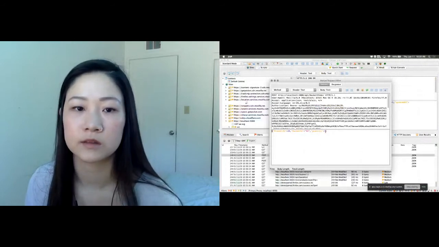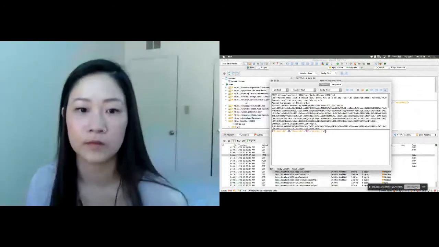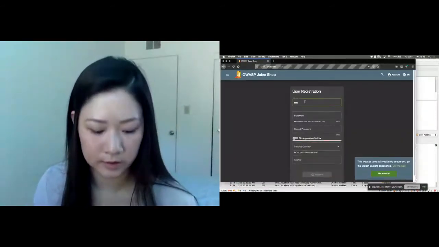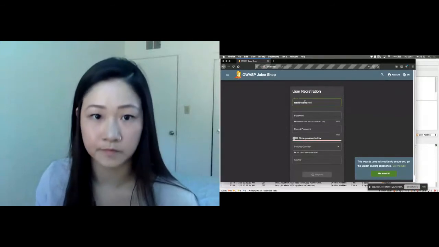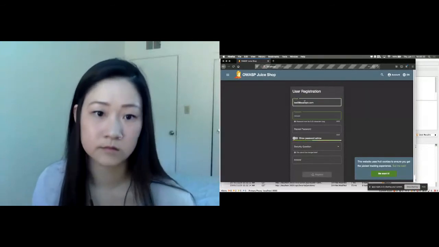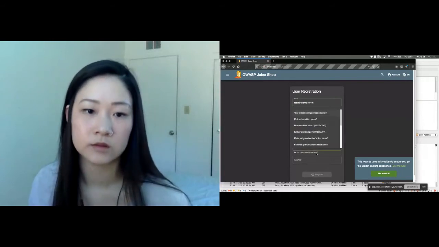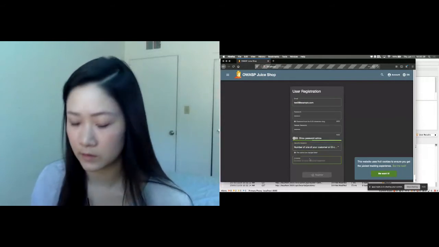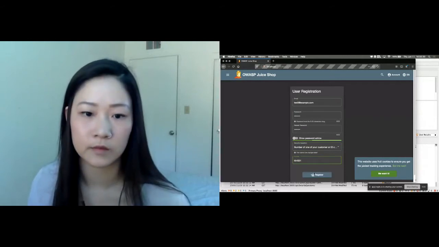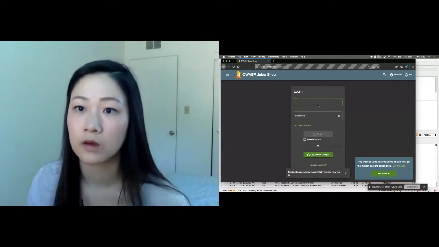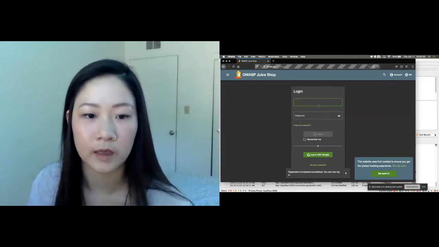But we can actually log out, create another user, and we're going to try to use somebody else's credentials to log in using this breakpoint functionality. So just create another user. So we want to create a